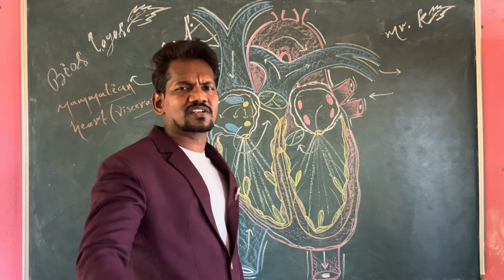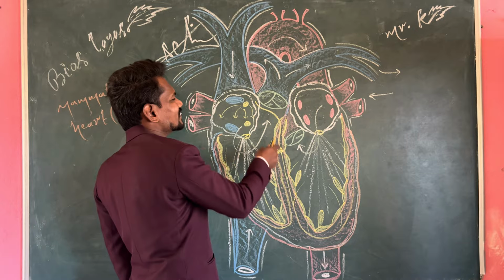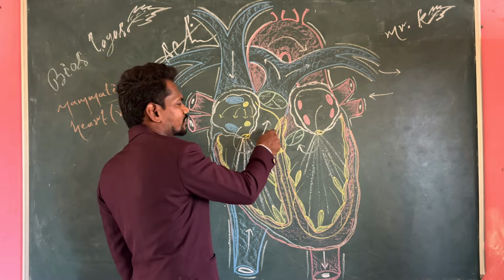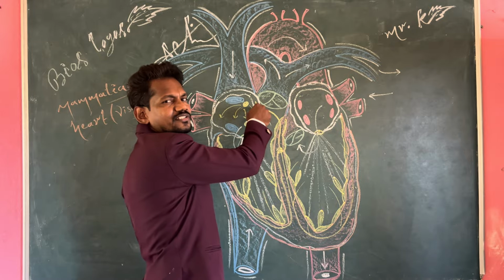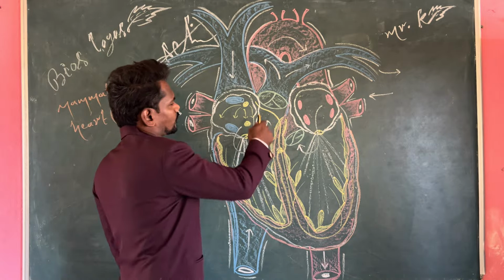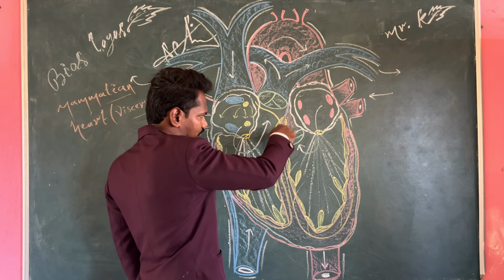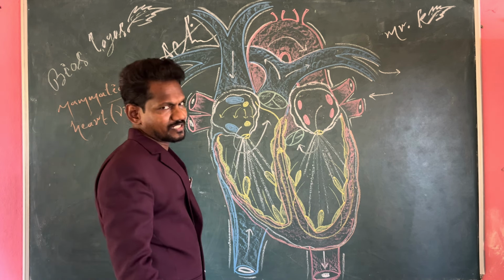Septum means a special muscular valve: the interauriculoventricular septum or interatrioventricular septum. Then both auricles, right and left, are also separated with the help of a special septum, that is known as